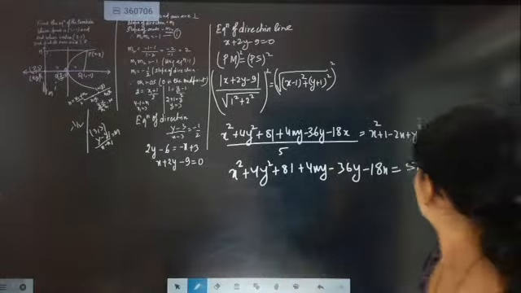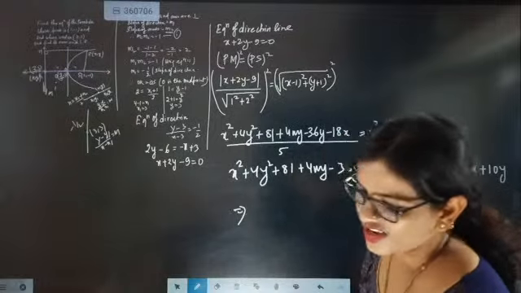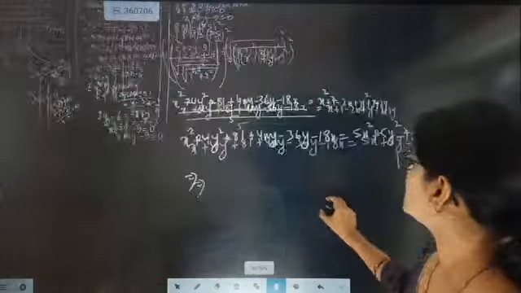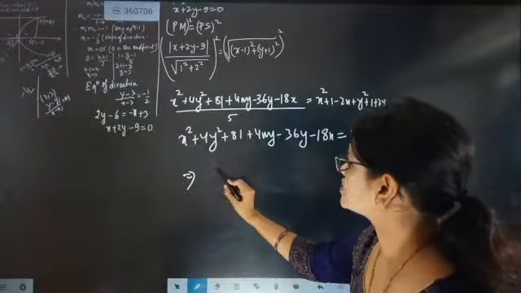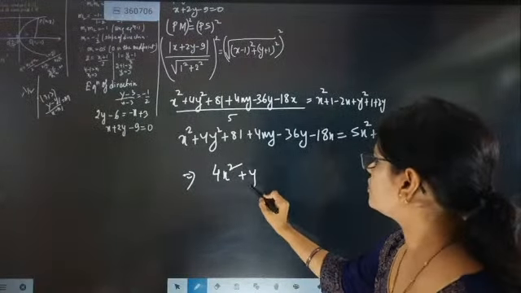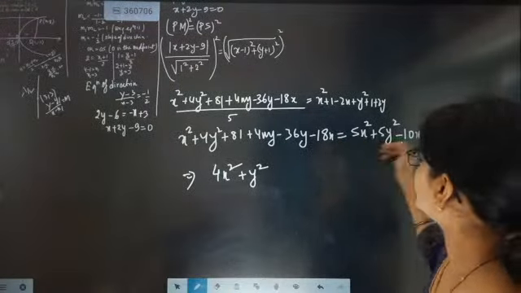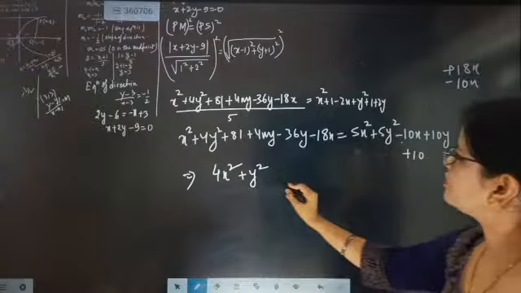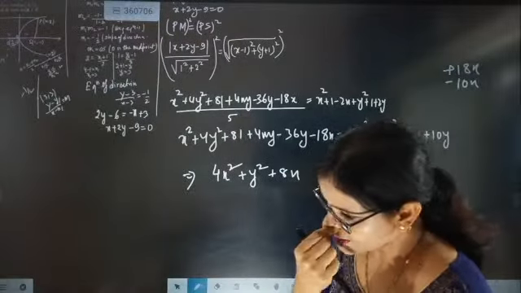Shift it that side or shift this one this side. So if we are shifting that side, just check the equation finally. Check the final equation. What is the final equation here, beta? So when x square shifts this side, 5 minus 1 x square will become 4x square. 4y square shifts this side, it will become only y square. Now minus 10x and plus 18x, so 18x minus 10x is going to be plus 8x. Check this one, plus 8x is coming or not. So plus 8x we got.